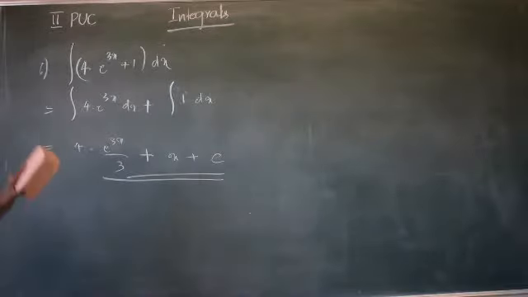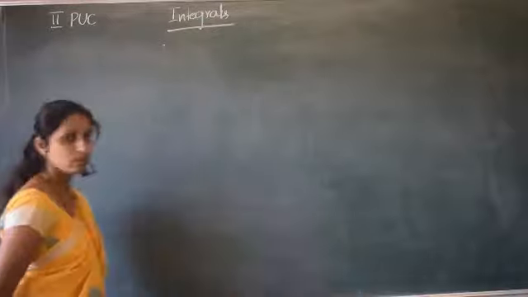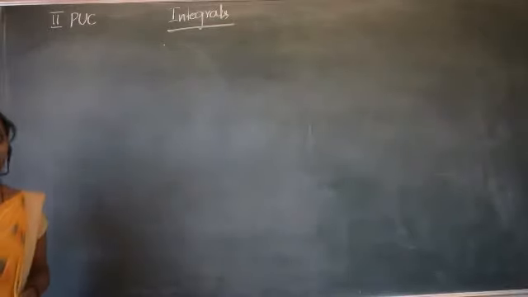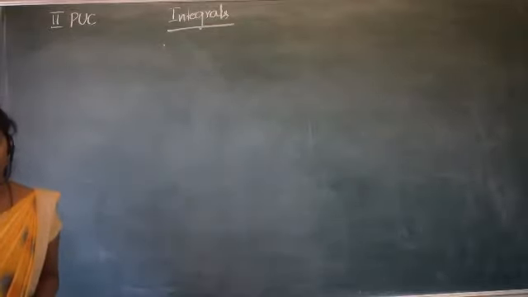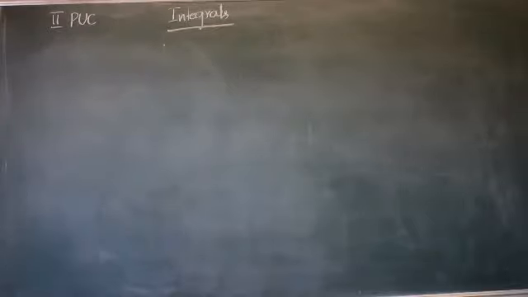So one more, in the homework I have given: what is the integral value of sine 2x? The integral of sine 2x is minus cos 2x divided by 2. How have we calculated it by inspection? From the method of inspection, the cos 2x integral will be sine 2x divided by 2. Similarly, the sine 2x integral value will be minus cos 2x divided by 2. So you remember always.